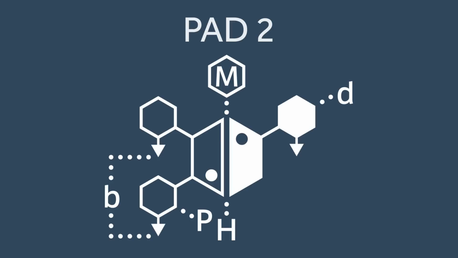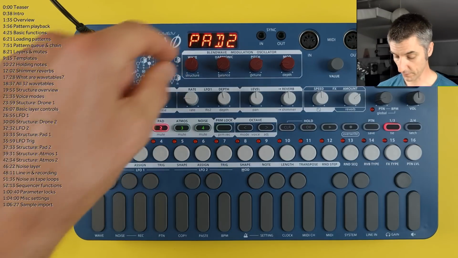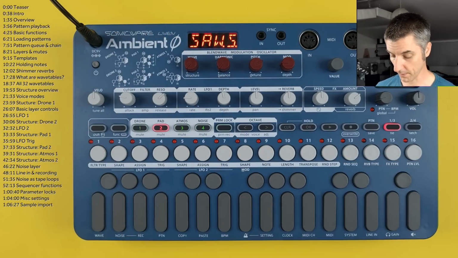We can change the pitch of the lower one with the pitch knob, and we can detune the right-hand side one. Our modulator again is heading into the middle of the blend wave oscillator, meaning we can control our harmonic with it. So this pad structure is quite good at string sounds. So if we just stick to the saw wavetable,